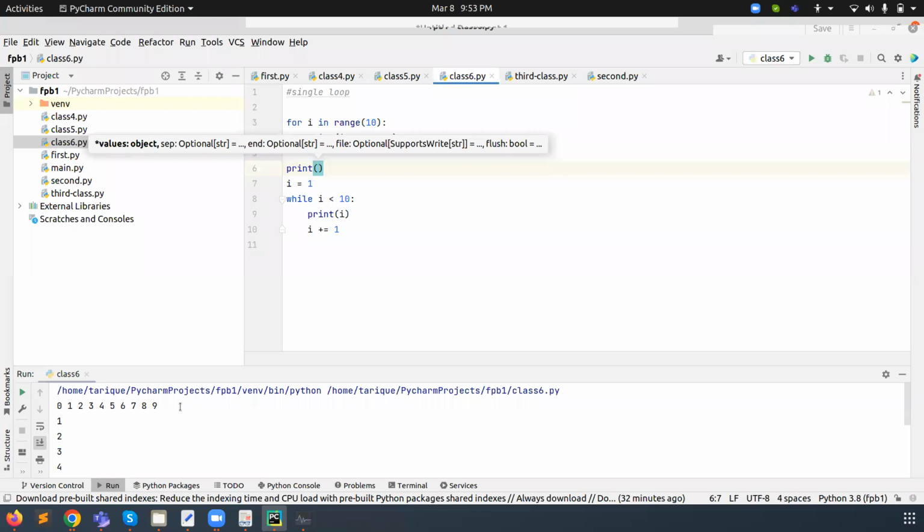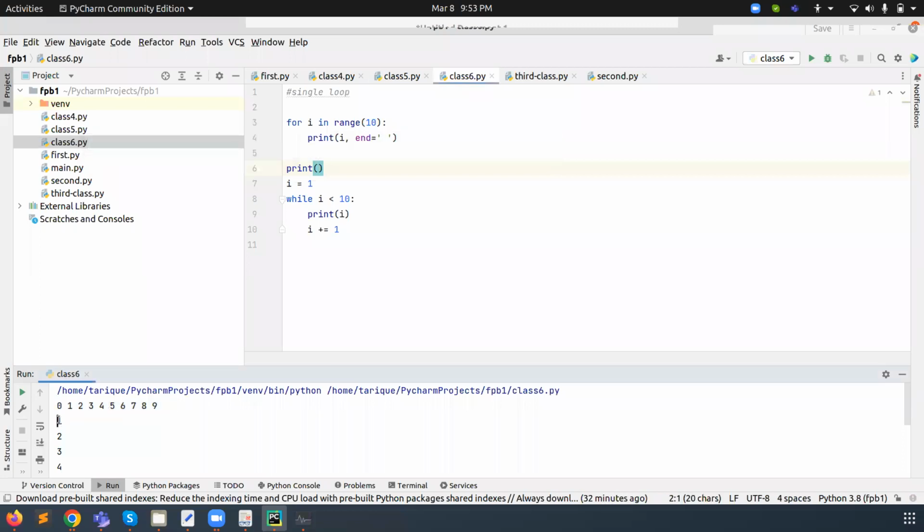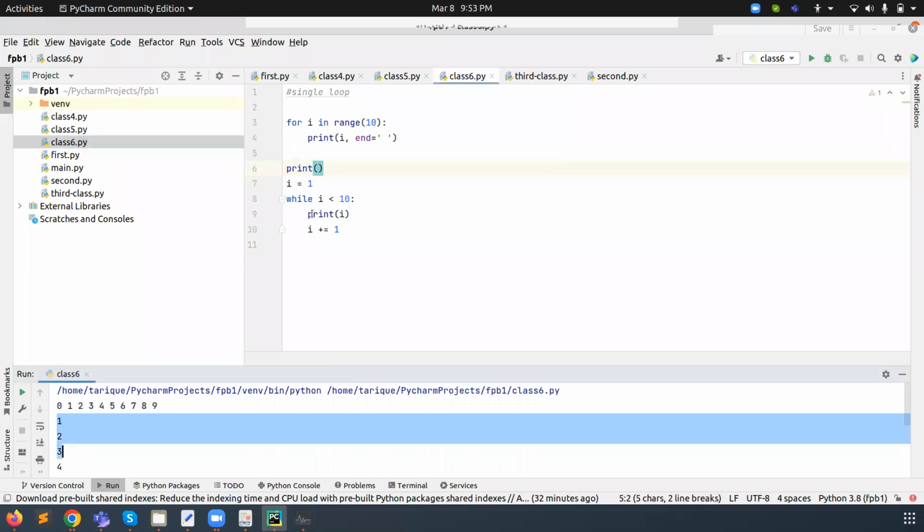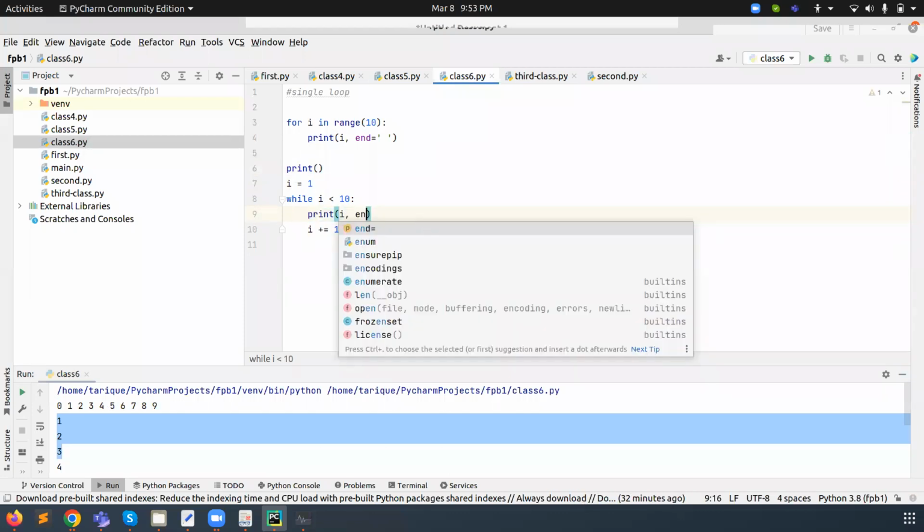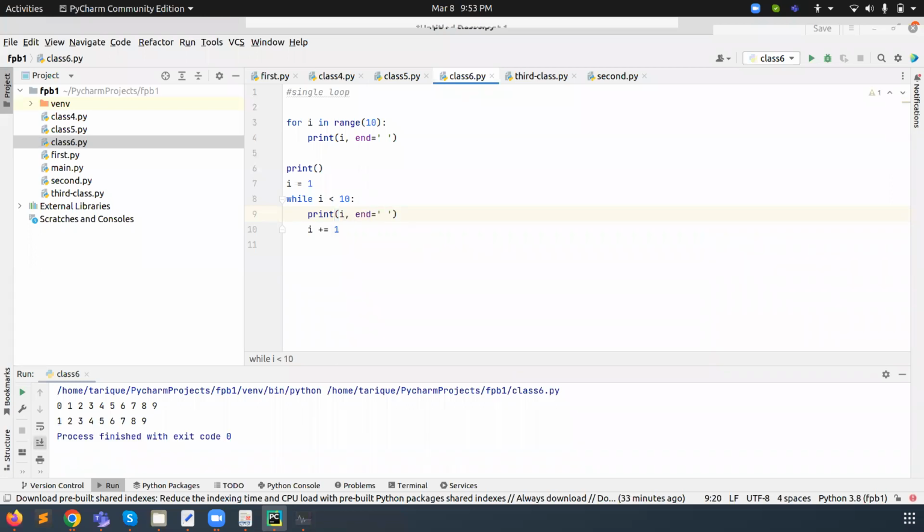Now you can see one is coming on a single line and this is coming on a new line. Why? Because we are using the print statement here. If we use the end parameter here again, then this will come out on the same line. In the same way it's working. So we can use a nested while loop also, it's possible. If we define the body here, for example, I have printed while.